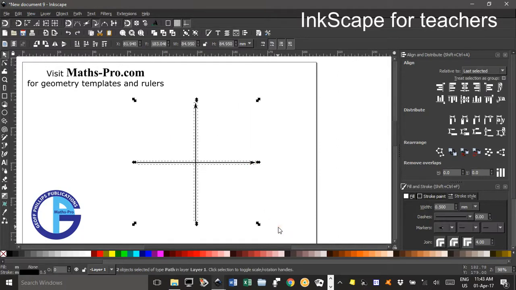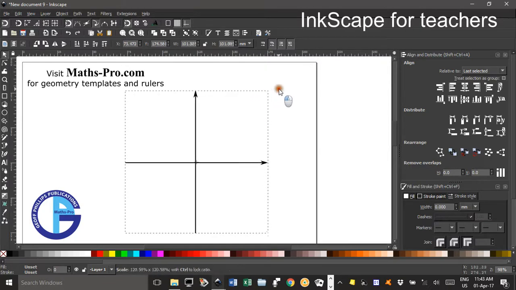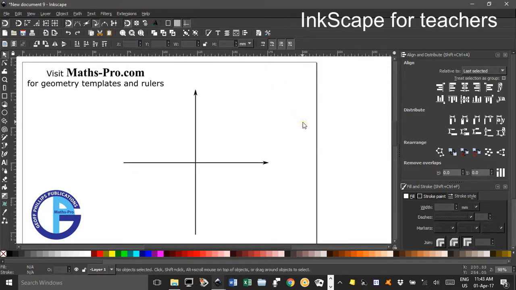You can drag around both of them, Control G to group, Control Shift to enlarge them both a bit perhaps. There we go. Now the first graph I'll try and produce is an